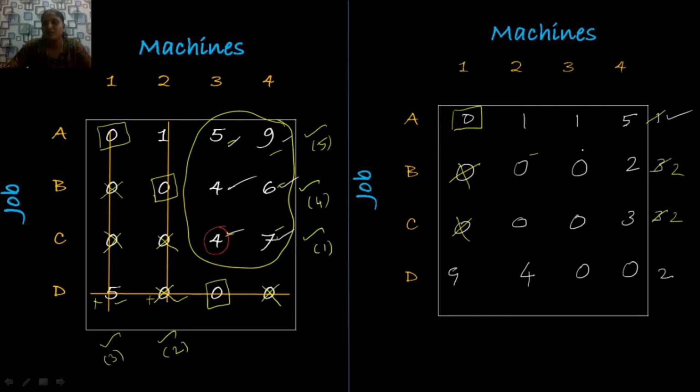In the second row we have two options. Either I make the assignment at this position or this position. Arbitrarily I choose this position for making the assignment. After making the assignment, cross the remaining zero elements in the same row and column. So column wise only 1 zero, row wise 1 zero. I cross the zero elements. After this, the third row has only 1 zero, whereas the fourth row has 2 zeros. So I am going to make the assignment for the third row first. After making the assignment, cross the remaining zero elements in the same row and column, and make the last assignment at this position.